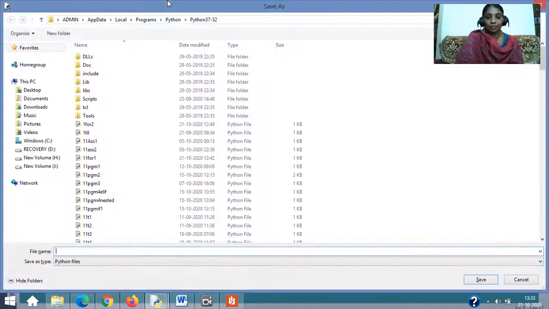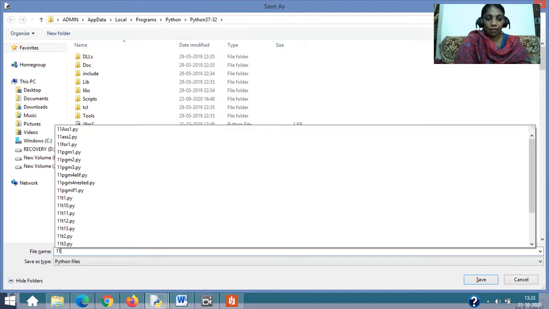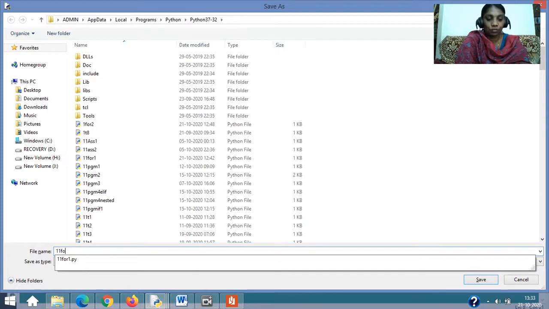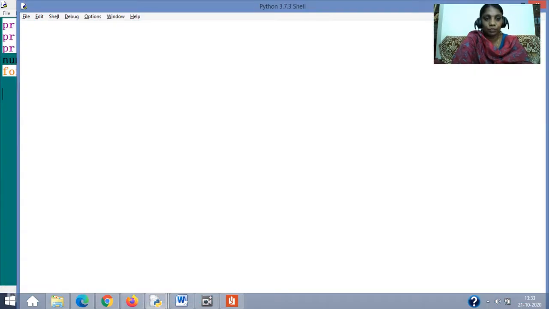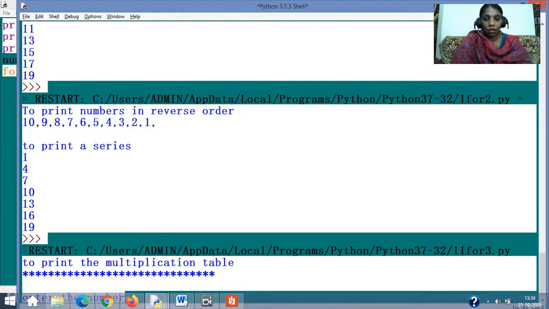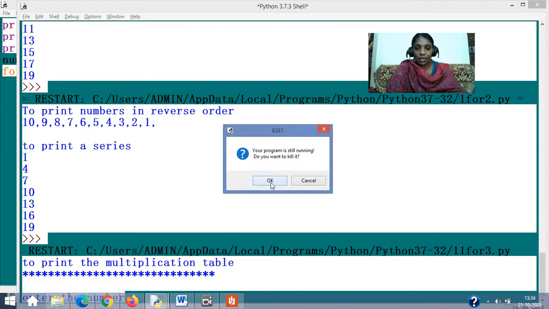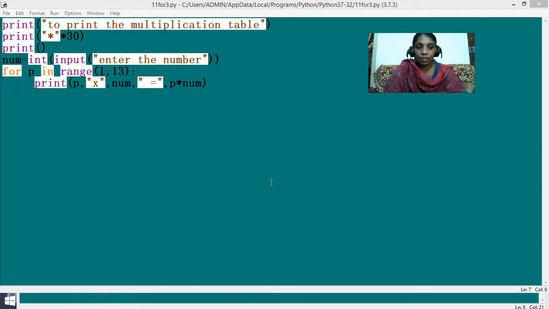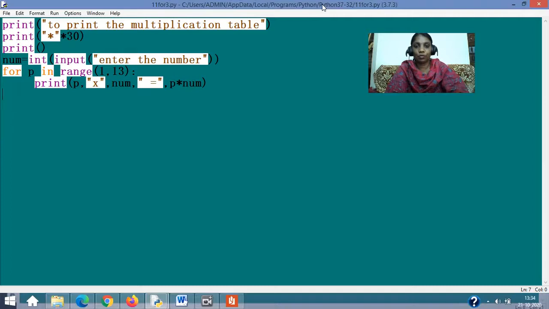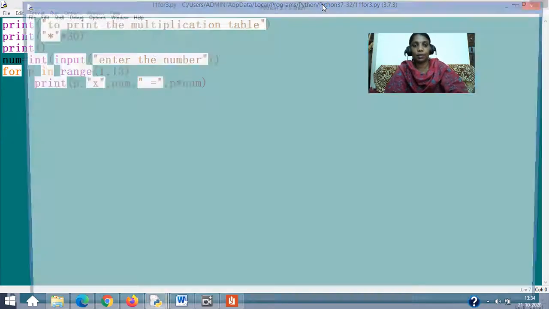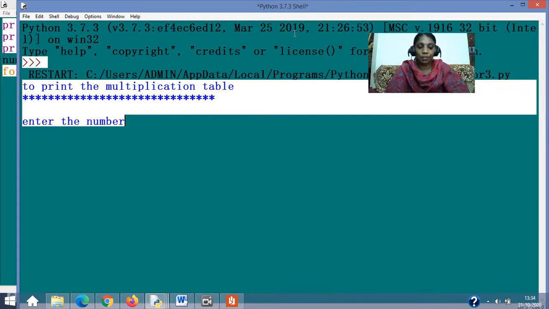So let's run it and see. Third one, no? All right, let me just close this, because in order to see that properly, okay? Let's run it once again. Yes, I'm going to kill it. The terms are very important to understand. Okay, let's run the program. I have to keep my cursor properly. Yeah, enter the number. Let's say 3 only, I said.